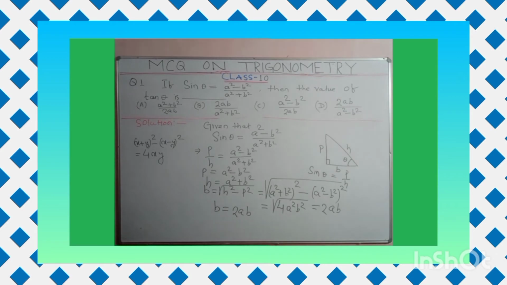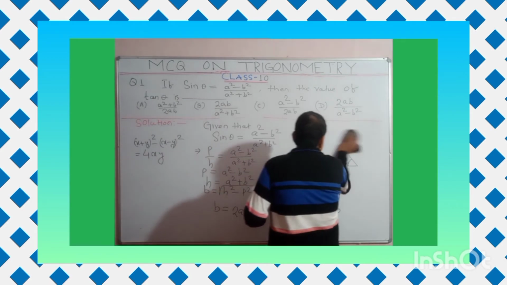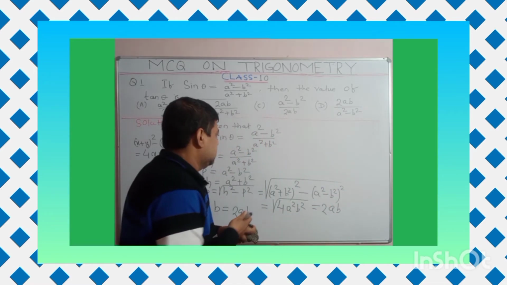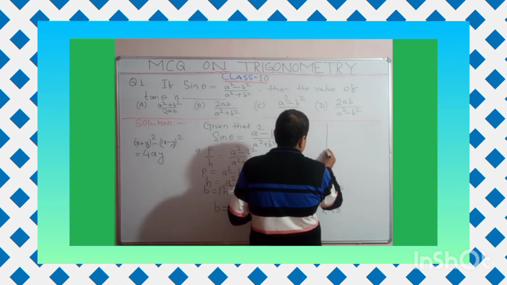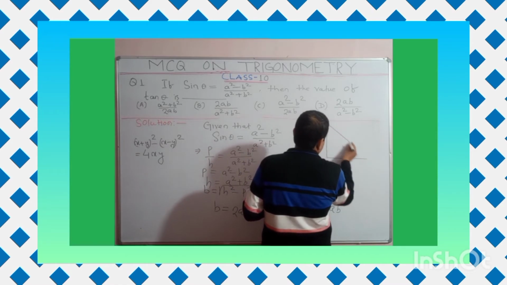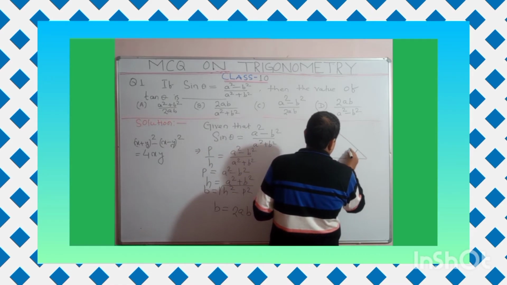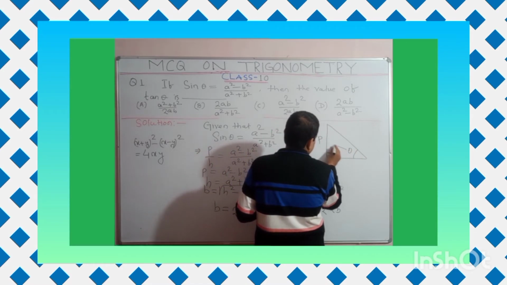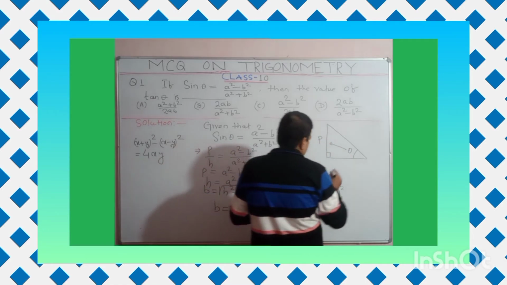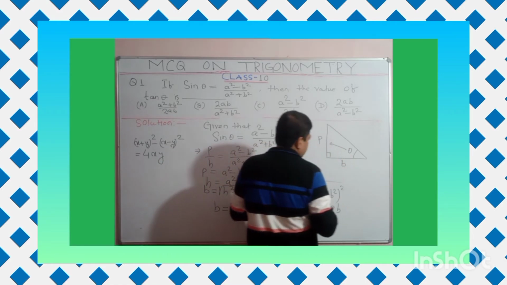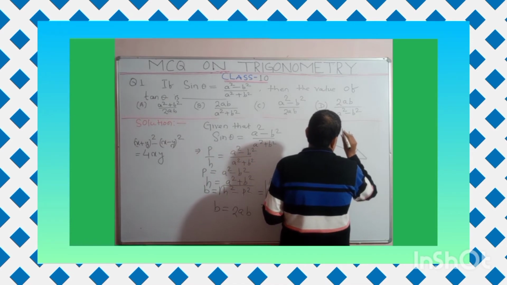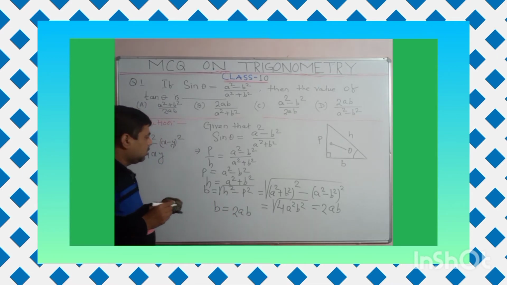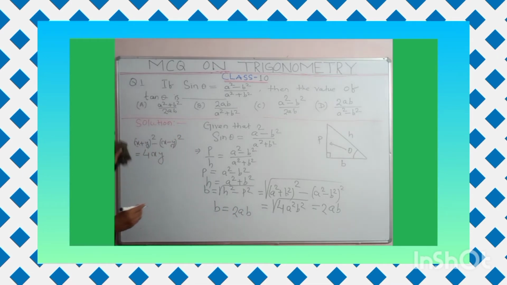Understand? Now look at here. We got the trigonometric ratio. Let us draw the diagram. You see, this is a right angle triangle and this is the right angle. The opposite side to the acute angle is the perpendicular, the adjacent side other than the hypotenuse is known as the base, and the longest side is known as the hypotenuse. We already got the value of P, the value of B, and the value of H. So we got three sides.